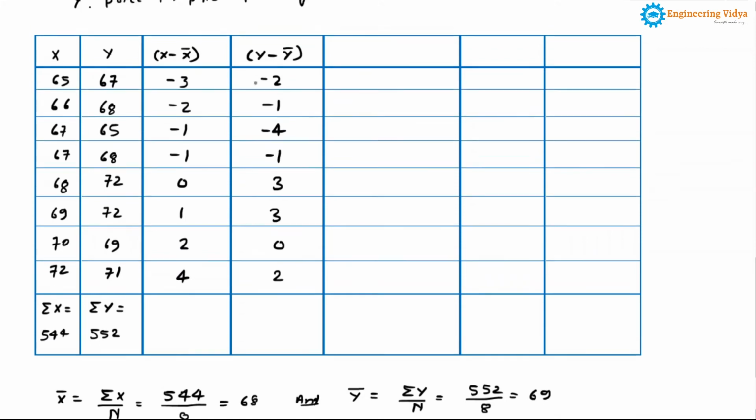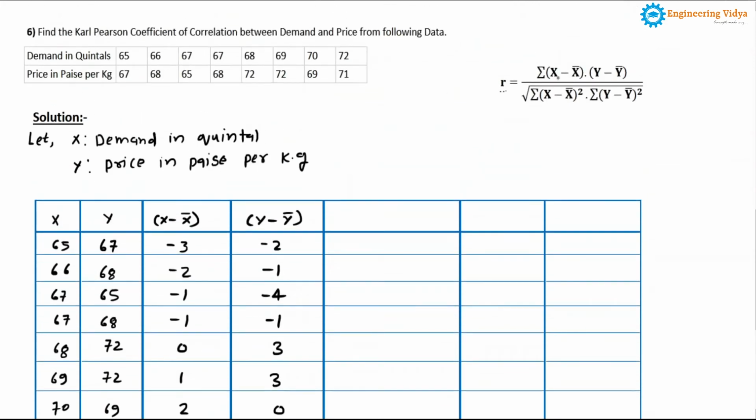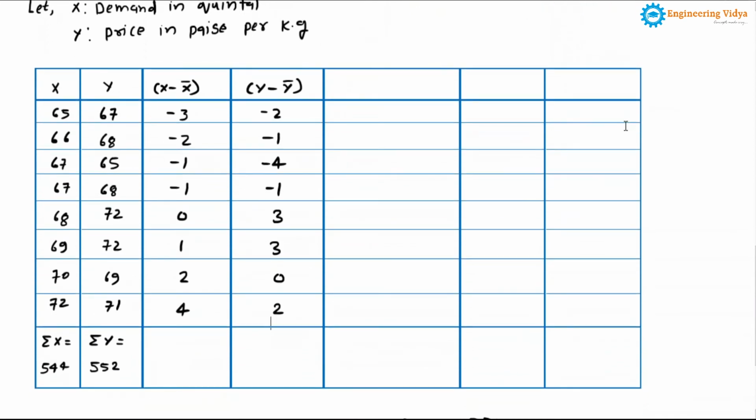Since according to the intermediate parameter, in the numerator here we need to find x minus x bar multiplied by y minus y bar. Then afterward we need to take the summation of all. So the second column and third column will be multiplied over here. So x minus x bar multiplied by y minus y bar will be calculated over here, right? So 3 times 2 is 6, minus minus will be plus only. Then 2, 4, 1, 0, 3, 0 and 8 will come, right? So here we have calculated the multiplication of x minus x bar into y minus y bar.